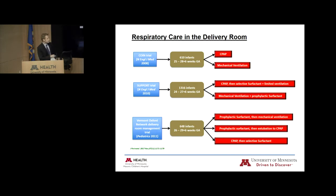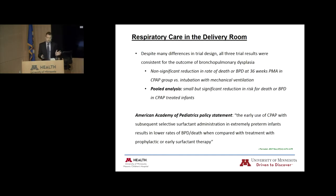There were some treatment arms, so all randomized controlled trials, that used surfactant, some prophylactically, some selective, but ultimately the main focus was to see how mechanical ventilation compares to non-invasive ventilation. And despite those many differences in trial design, the overall outcome of all 3 trials was a non-significant reduction in the rate of death or bronchopulmonary dysplasia at 36 weeks post-menstrual age in the non-invasive ventilation group versus intubation. Now, if you pooled the analysis, they actually found a small but significant reduction in risk of death